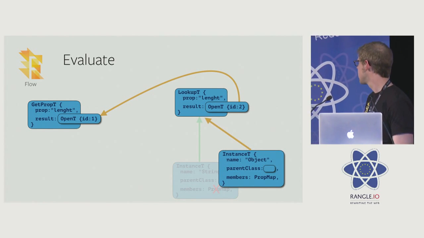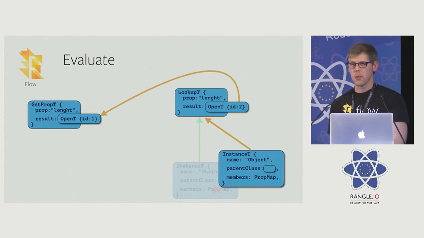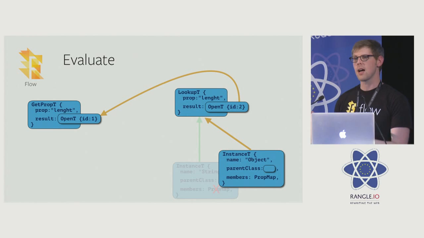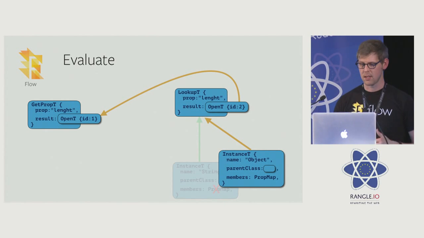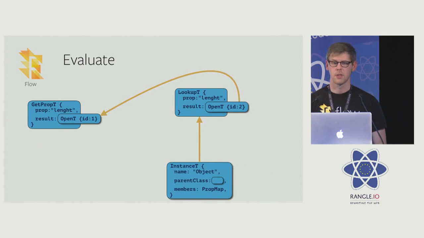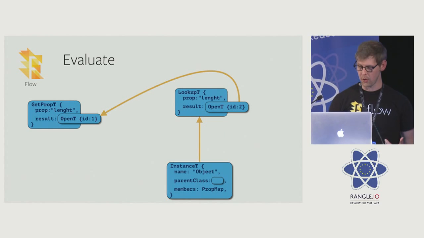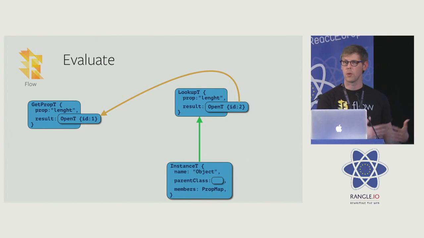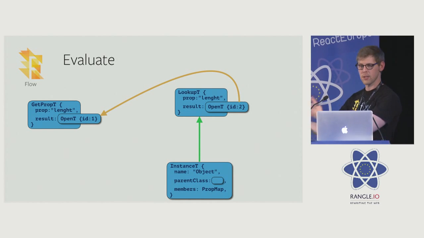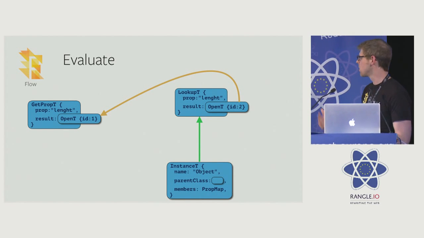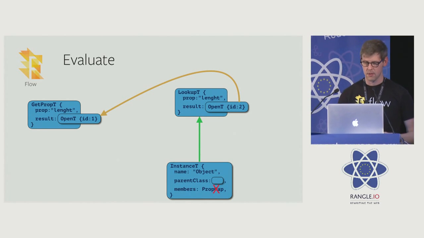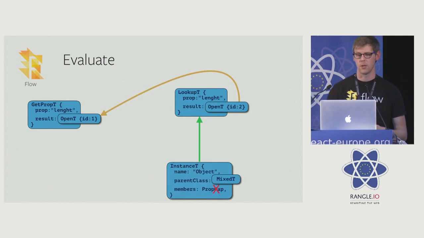Like that. Now, the parent class of string.prototype is object.prototype. So we're going to create another instance t, except this time it's not string, it's object. And we have a new graph. We start at the bottom. We follow the rules. The rules are, in this case, the same as the rule that we just ran because it's instance t flowing to lookup t again. So is length2 in the members map? No, it is not. Find the parent class, flow it to lookup t,